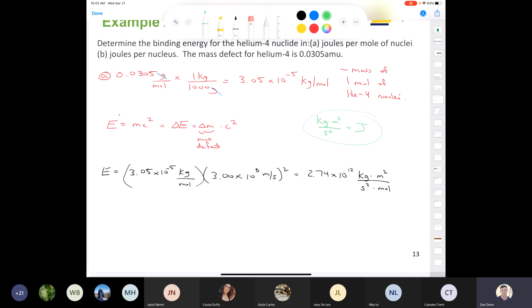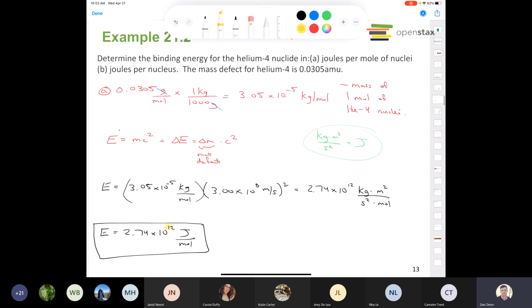So now we can say that our energy is equal to 2.74 times 10 to the power of 12 joules per mole. You could work that out into kilojoules, and in the book they work it out into terajoules. That's neither here nor there for me, but the whole idea is that the nuclear binding energy is 2.74 times 10 to the power of 12 joules for 1 mole of He4 nuclei, which only weighs